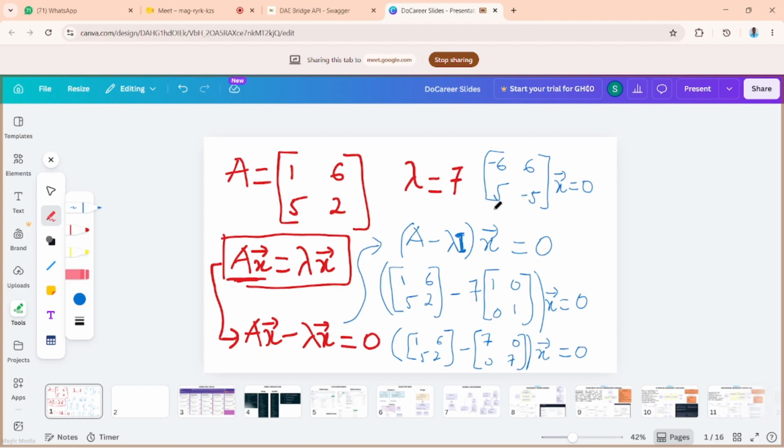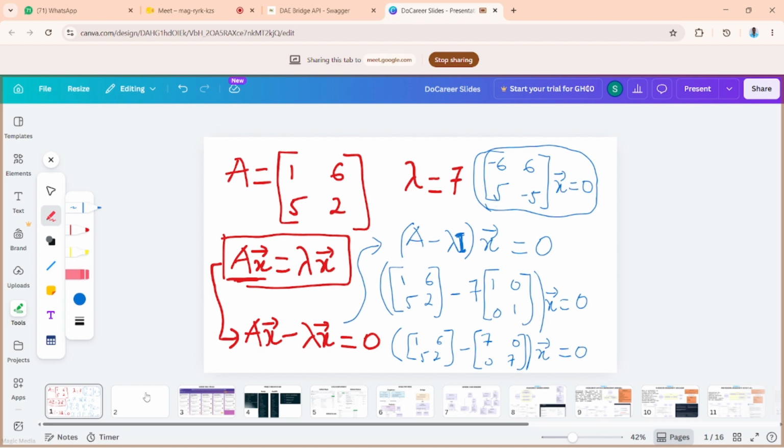All right. Now we are at this stage. This is where we are going to form an augmented matrix from this. For the augmented matrix, you see the other side is 0, right? So we just fill in